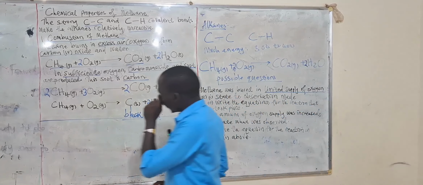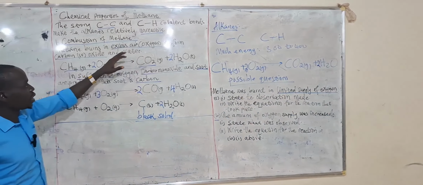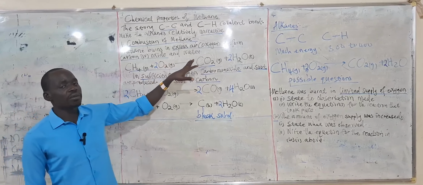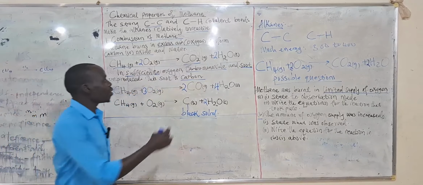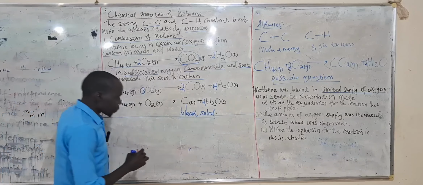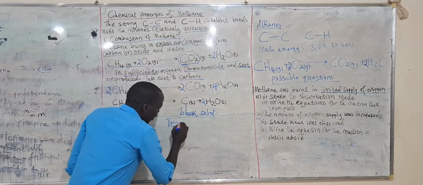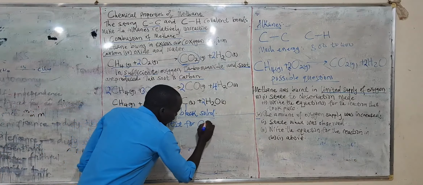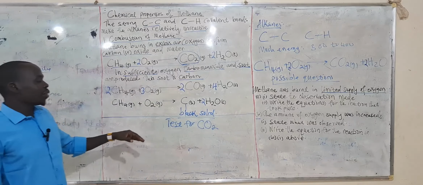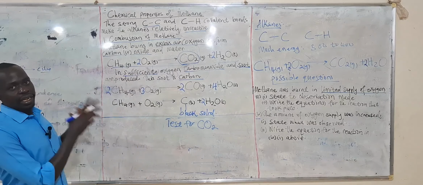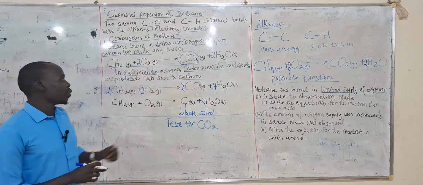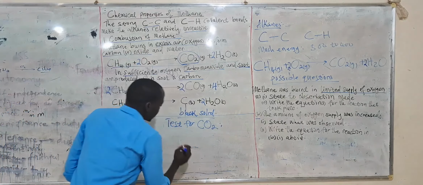So here we know very well when we increase the amount of oxygen, that means it's going to be in excess. Methane gas will therefore burn in excess oxygen to form carbon dioxide and water. So we are going to focus on carbon dioxide gas. When you're going to focus on this, we are first going to look at what? The test for carbon dioxide, or you call it carbon monoxide, the same. So we are now relating the knowledge of inorganic chemistry with what? With organic chemistry. So how can we test for carbon dioxide in the laboratory? It's a very common question. We are going to test for this using a substance called